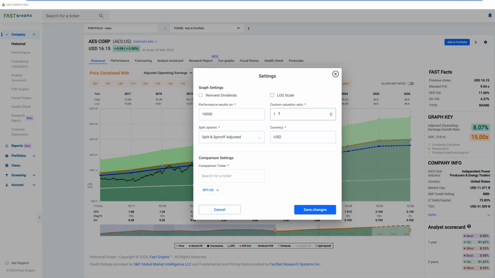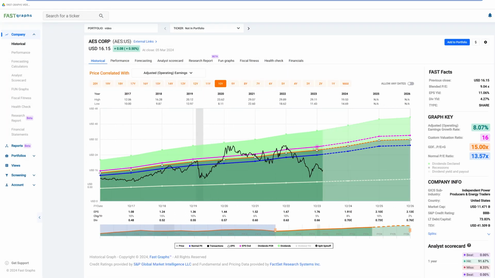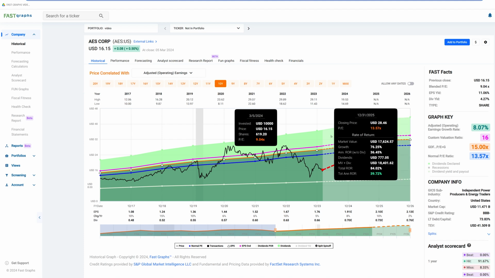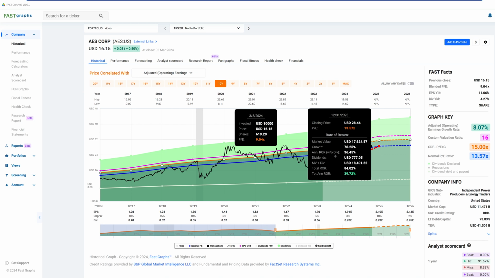This is a tool that allows you to evaluate things. So now if I look at the new fast graph, I've got this corridor evaluation here, if you will, and I could have even maybe made that 17, but I can start doing some what ifs. So if I buy the stock today and the stock goes to its normal PE ratio in 2 years, then I could stand to make 40% a year. I could take $10,000, turn it into $17,000 in growth, add another $777 in dividends, and have almost double my